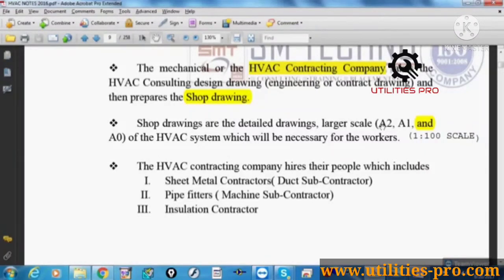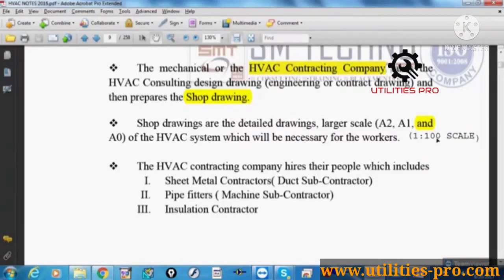And for this print, we cannot print in a normal printer. We used to call it a plotter. You know this plotter, a big machine for printing. That is a plotter, not a printer. So A2, A1 or A0. A4, you know, is the normal paper size. A4 and A3 are not at all accepted for shop drawing because they are very small. You cannot read this, and you will not get approval; even on A3 they will not accept. Minimum A2, A1 or the big sheet A0. And we have other non-standard sizes also as per the plotter model. But standard is A2, A1 and A0.